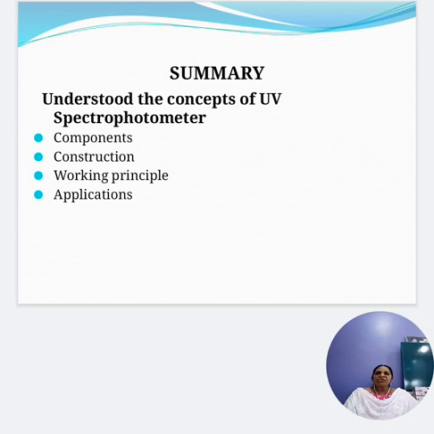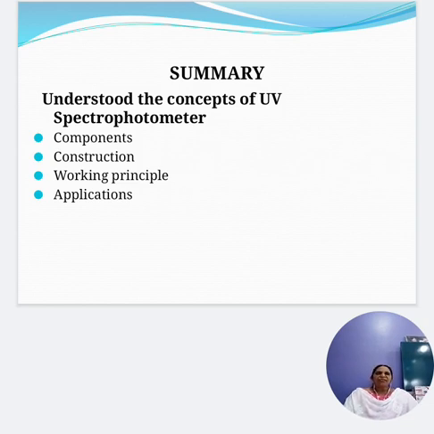Then we have the amplifier stage. The alternating current generated in the photocell or photomultiplier is transferred to the amplifier, which is coupled to a small servo motor. Generally, the current generated in the photocell is of very low intensity. The main purpose of the amplifier is to amplify the signal many times so that we get clear and recordable signals. Most of the time, the amplifier is coupled to a pen recorder connected to the computer. The computer stores all the data generated and produces a spectrum of the desired compound.